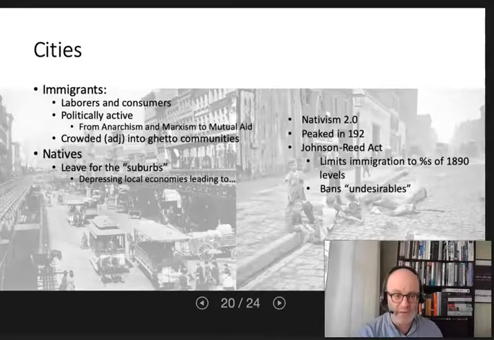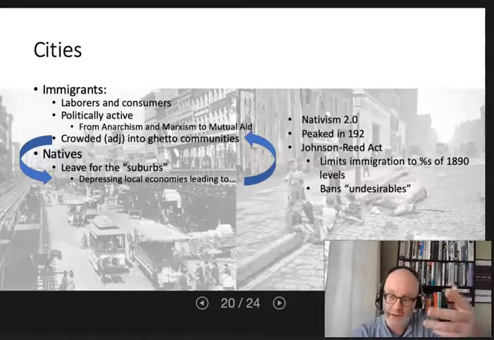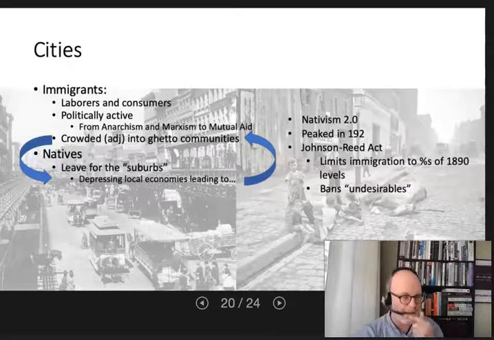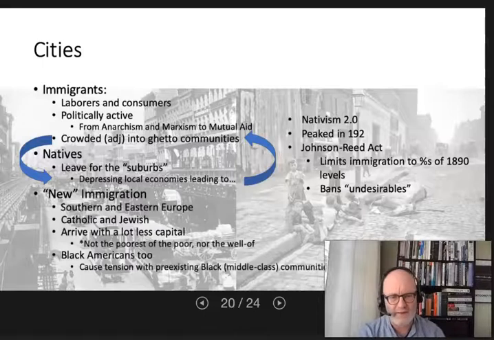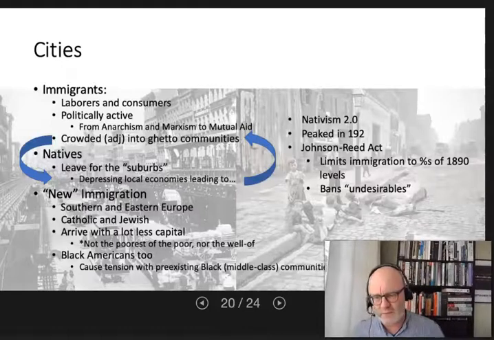So people move out. It depresses local economies. You get more ghetto communities. As you get more ghetto communities, people move out. Depresses local economies. So we start to see this kind of spiral effect here. And again, these immigrants in this time period, the ones that the Johnson-Reed Act of 1924 is